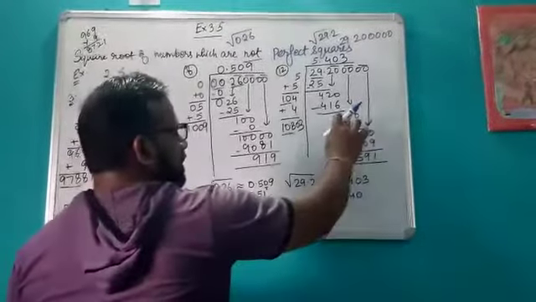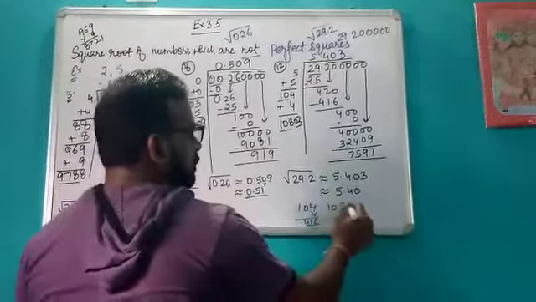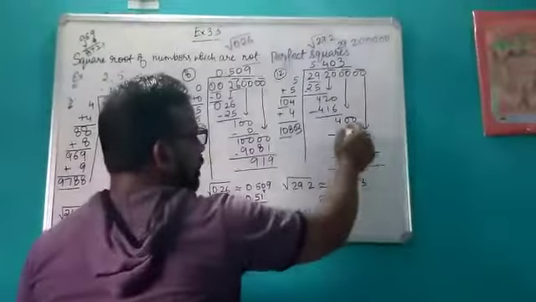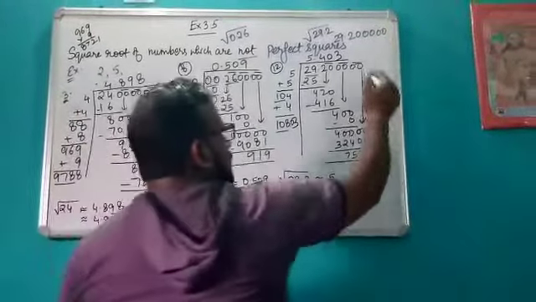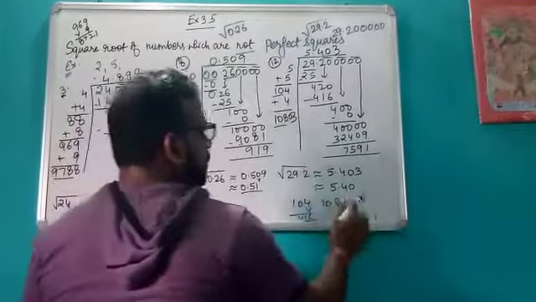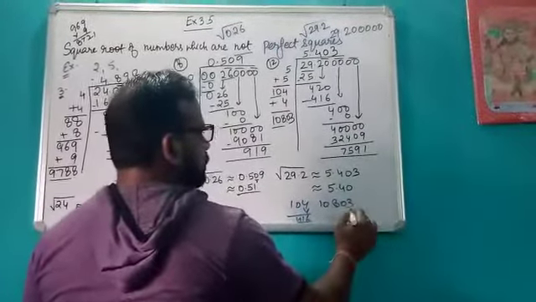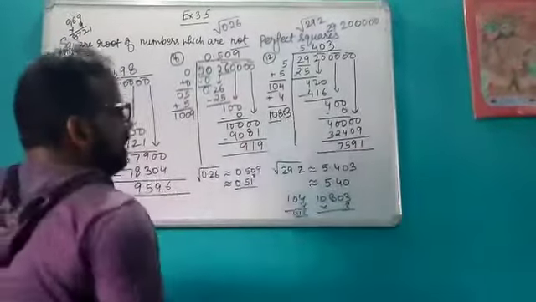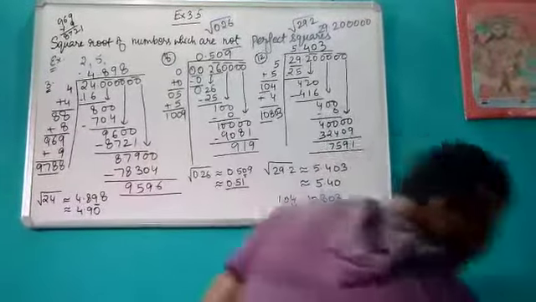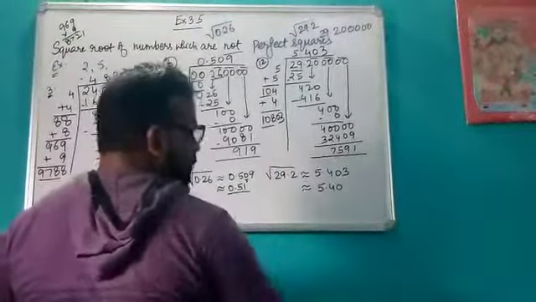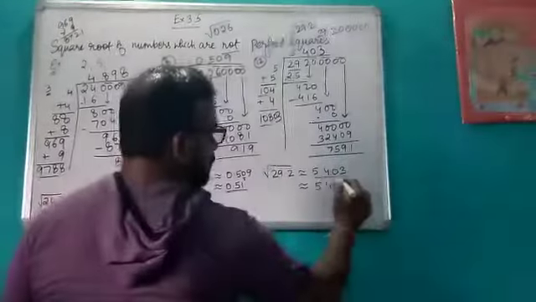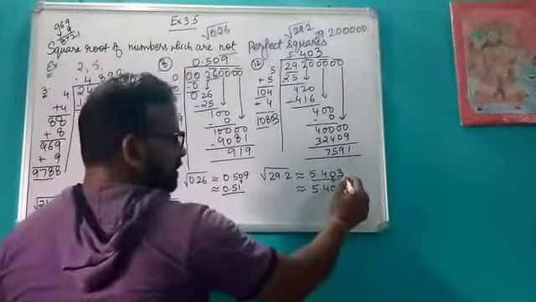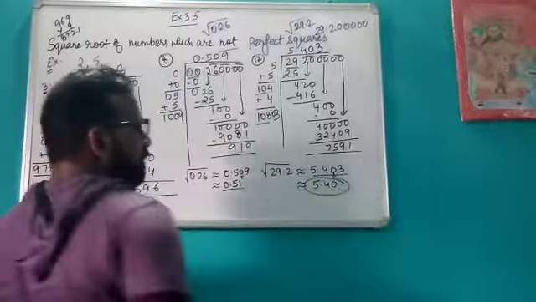Then since 400 cannot go, even if you put 1 here, what we will do is put a 0, and 0 will come here like this. So 400 minus 0 is 400. Then again you will bring this last pair and your number becomes 10803. So if you multiply this number by 3, you will get the value 32409. So in this process, what we get finally, the square root of 29.2 is approximately 5.404, and this last digit we will round off, since it is less than 5, so your answer will be 5.40.